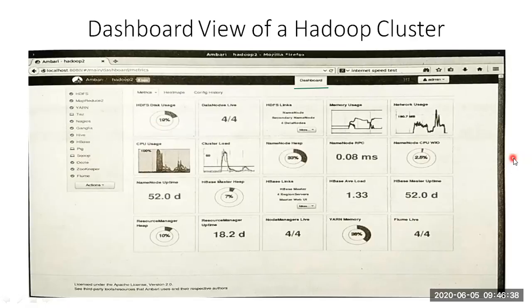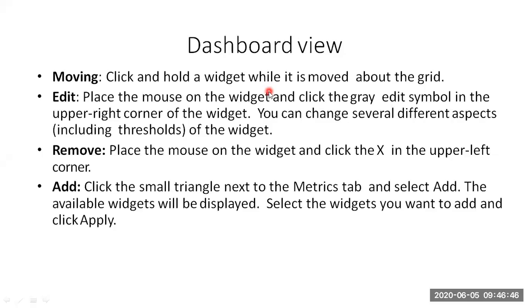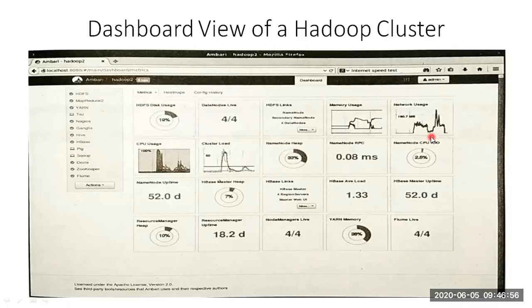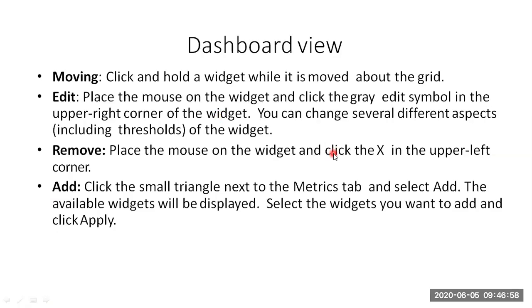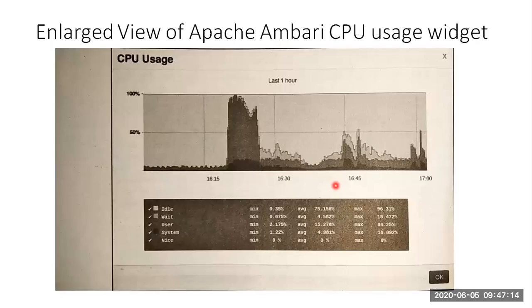What the dashboard view allows us to do is move things. You can click the widget, you can change the widget, you can modify the grids, as we do on mobiles. You can get the different options available on this dashboard view. If you want to remove any of the widgets, you can remove it, you can modify it, you can add it, and you can have some metrics even if you want to analyze the system. This is the dashboard view.